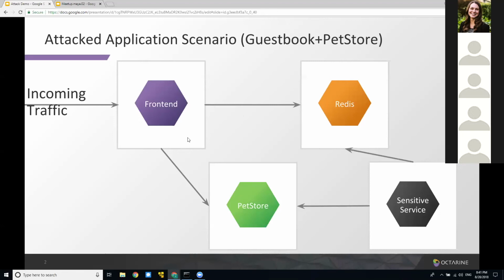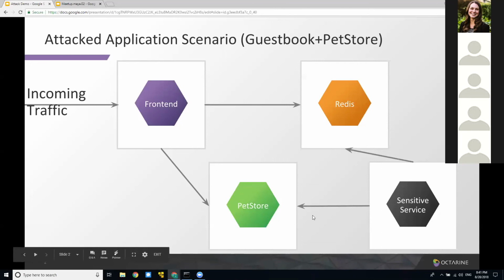Or for example, another use case for an HTTP service is the path store. So the path store exposes a lot of paths, REST API calls, and also methods. The front-end application doesn't use all the REST API calls. It uses just some of them. And there are some more sensitive REST APIs that just the sensitive service uses.